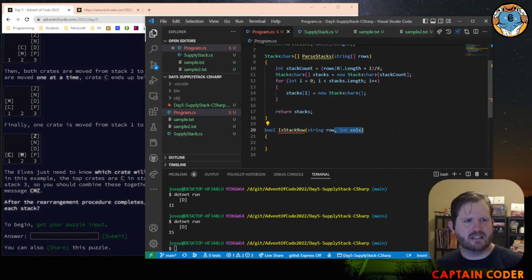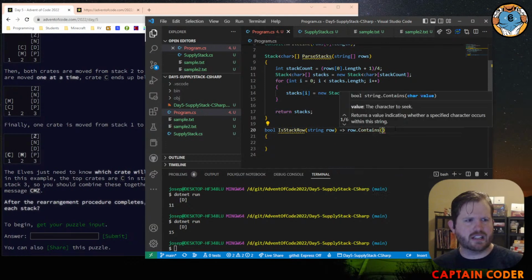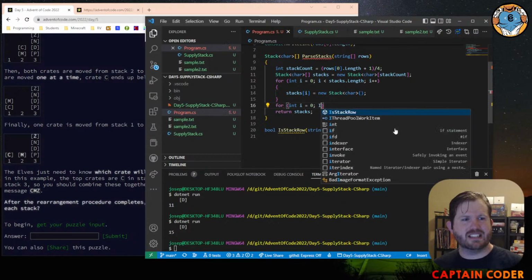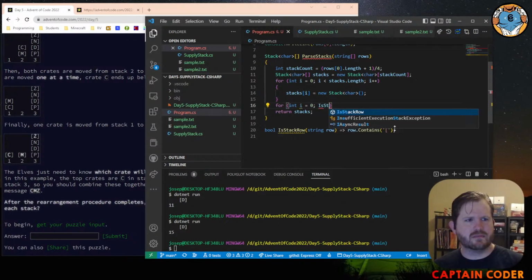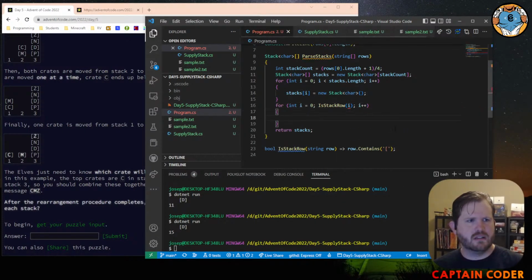All right, so isStackRow is going to check if my row contains one of these. We're not doing anything clever here. And then we're just going to say for int i equals 0, i is less than, and our condition is stackRow of i plus plus, right? This should be,